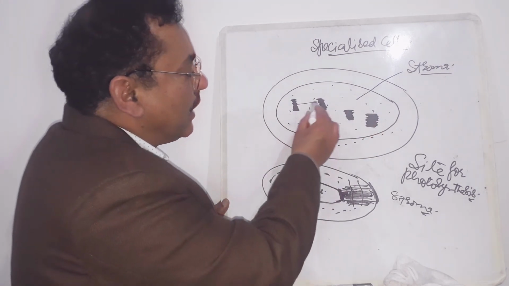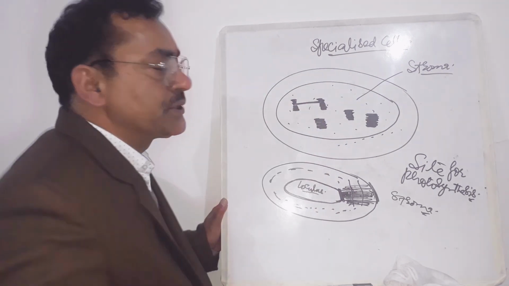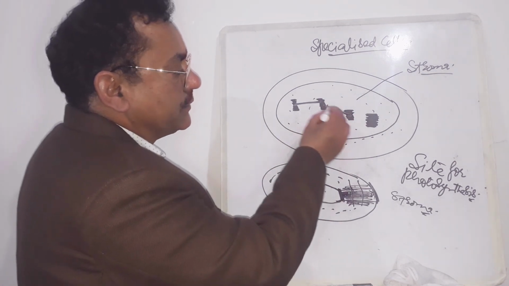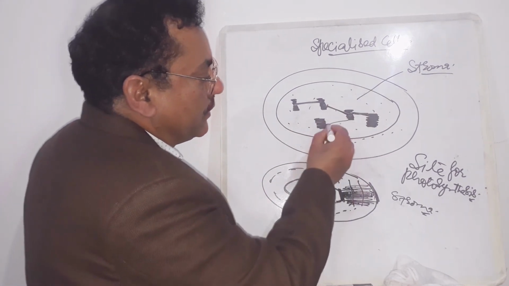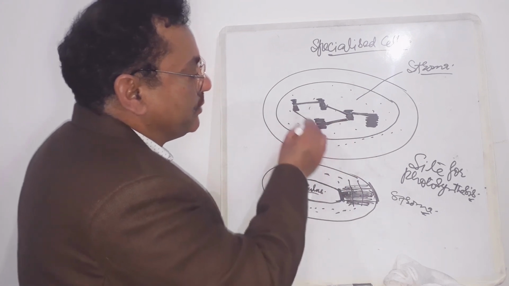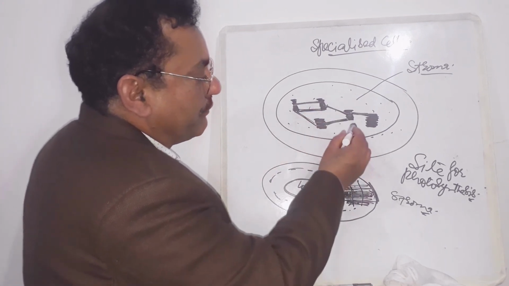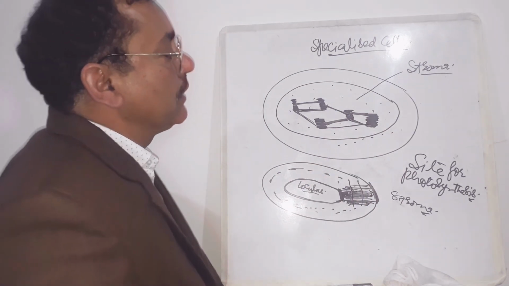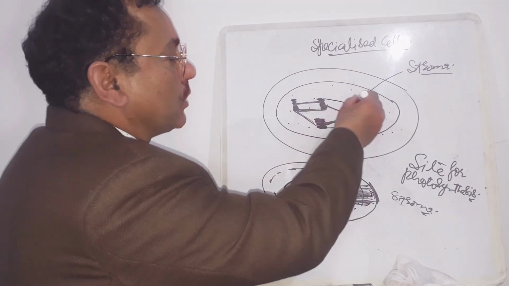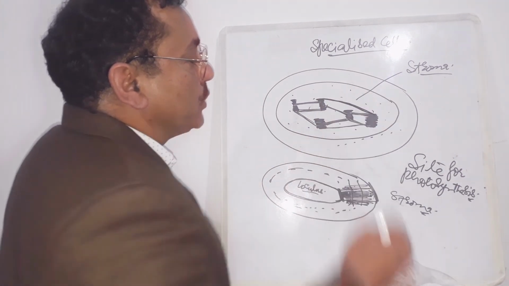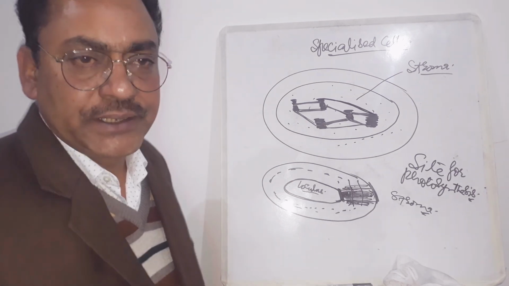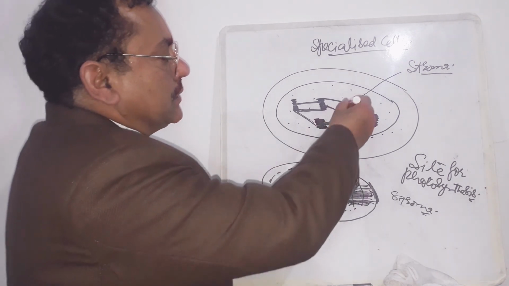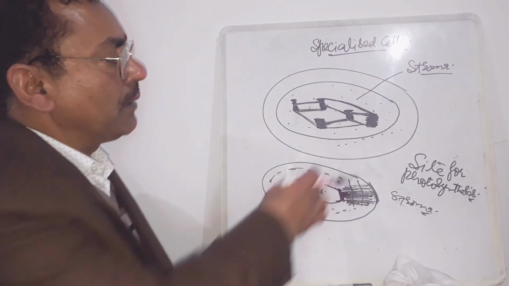The neighboring grana are interconnected by means of stroma lamellae or frets. Suppose extensions are present here. These extensions are the frets or stroma lamellae, or you can call them long thylakoids, or agranal thylakoids, because they are not present inside the grana. So this is the structure of the chloroplast.